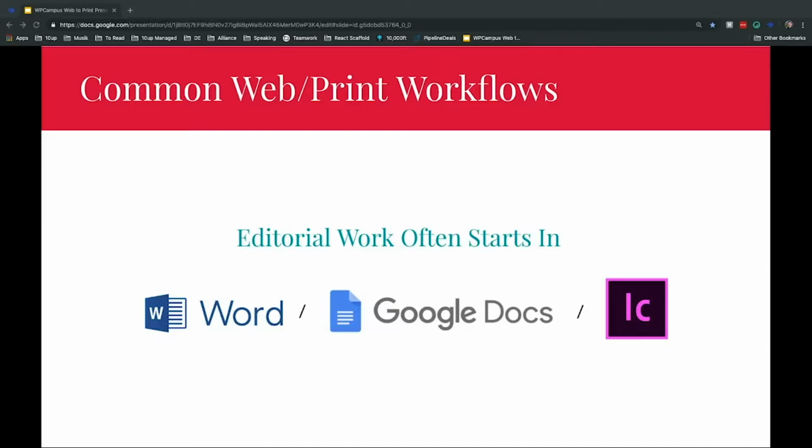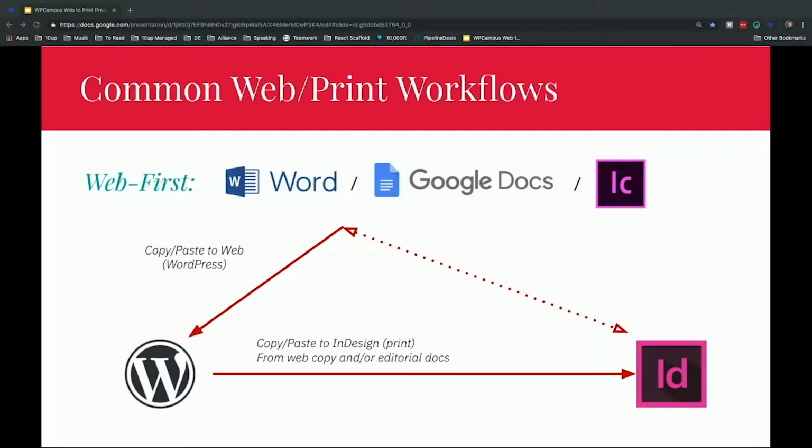Like I said, sometimes the content is written with the web in mind, and sometimes it's written with print in mind. It all depends on your content strategy and what this content that you're writing is going to be used for. If we dig into a web-first workflow, for content that's going to be put on the web first, a lot of times this is the sort of content that is very timely. So news, basically news articles, more important things like alumni profiles you might want to have featured on your website